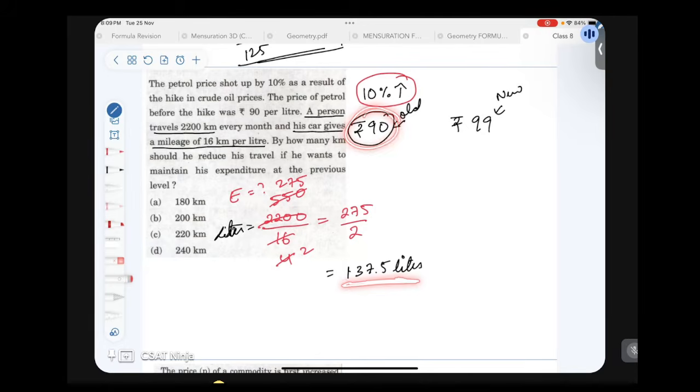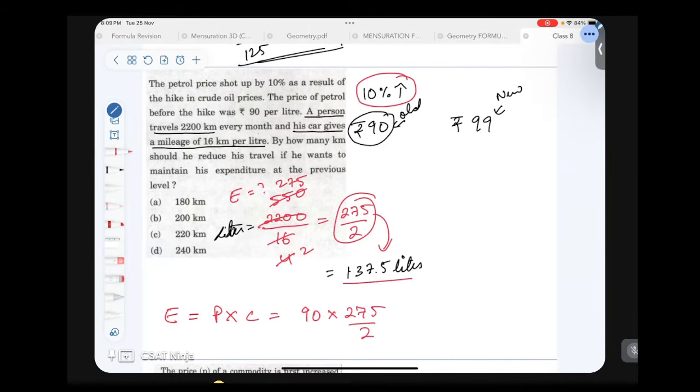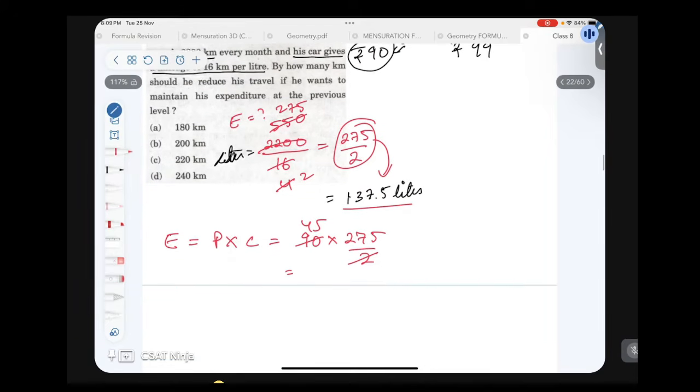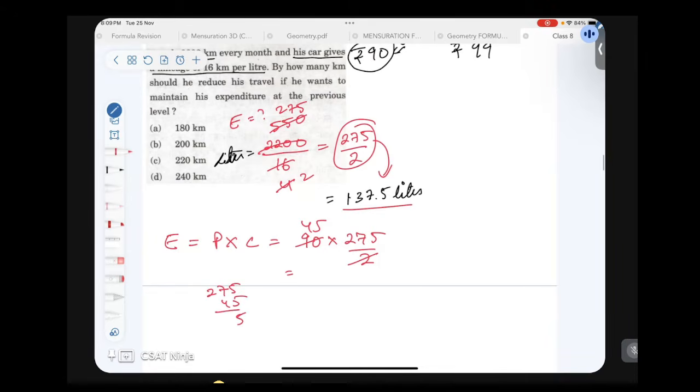So this is the liters of petrol consumed, and the price is how much? 90. So if I want to find the expenditure, what was the formula? Price into consumption, right? Price was 90 rupees, and I'll just use 275 divided by 2, which is 137.5. So if you multiply 275 into 45,